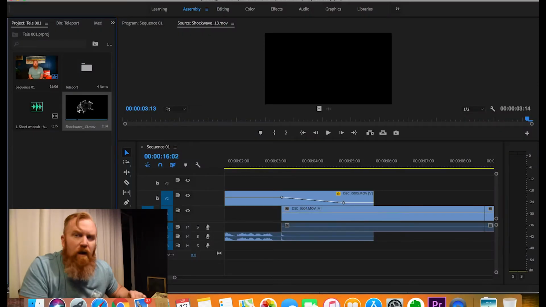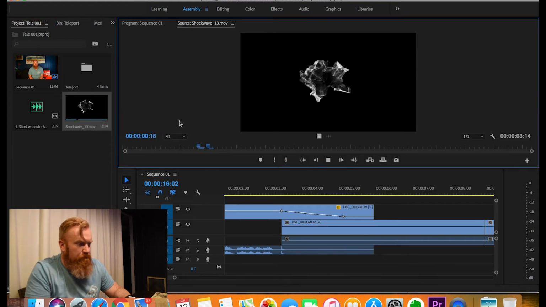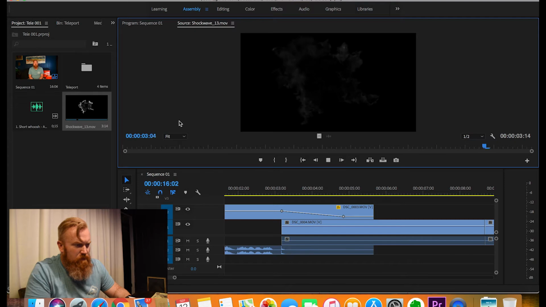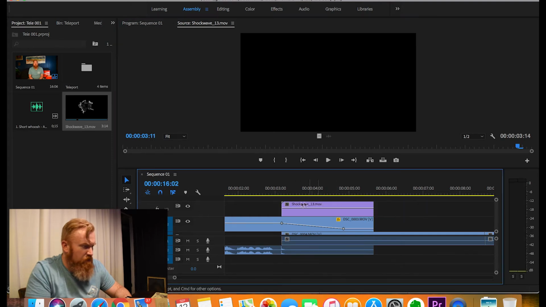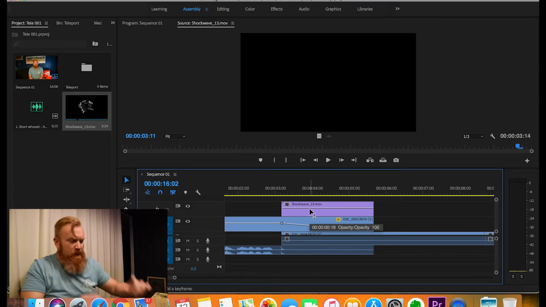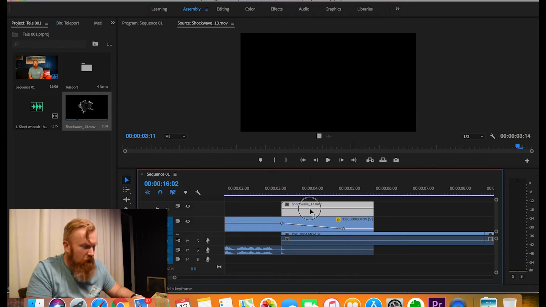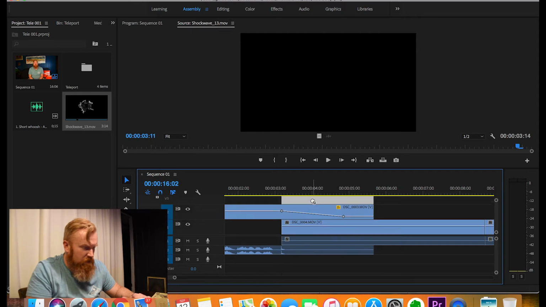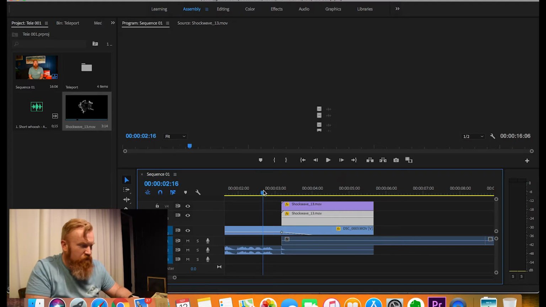Alright, so you want to grab your little whoosh transition. I'll show you it here. So you want to chuck that clip into your video 3 file. Shrink it down a little bit. You actually want to double that up to make it an even bigger effect again. So click on your Option key if you're on Mac and drag it up, and you copy it up as a second file, so you end up with 2 of them. Now if we watch through it,